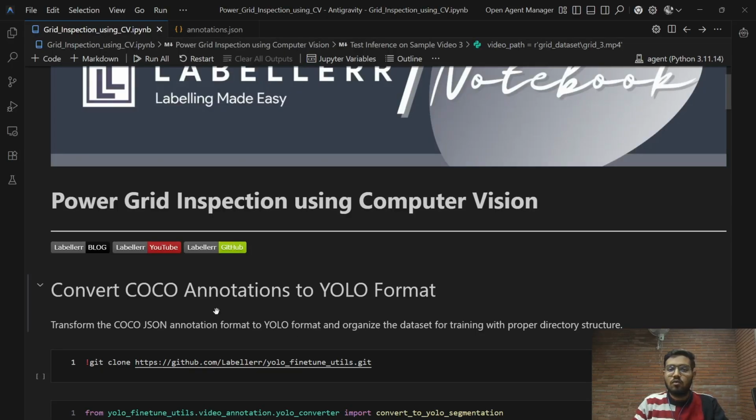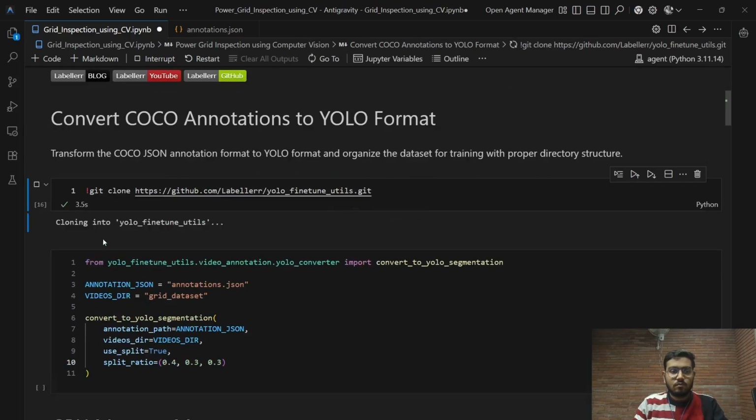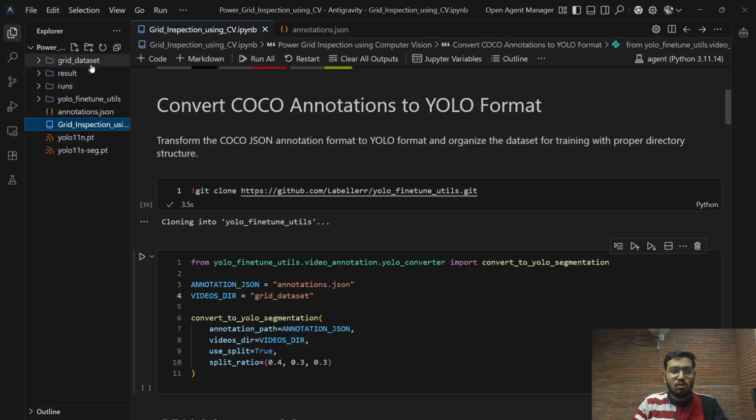First of all, you have to convert this annotation into YOLO format. For that, I have created a library which you can use. You just have to clone it. And from that library, you just have to use a function called convert to YOLO segmentation. In that function, you have to provide the annotation path, which is the annotation JSON, and the videos directory path, which stores all your sample